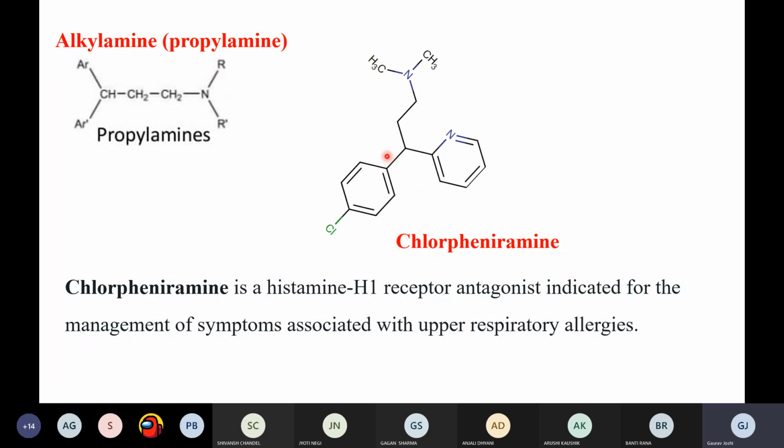The second thing we have is this chloro group instead of an alkyl group. This is the fourth position: 1, 2, 3 and fourth. At the fourth position we can put alkyl or halogens, right? So what we are doing here is putting a halogen to improve the selectivity of the drug. This is the example, and I have written what purpose they are used for. Basically they are used for treating different types of allergies, right? So this is the important thing.